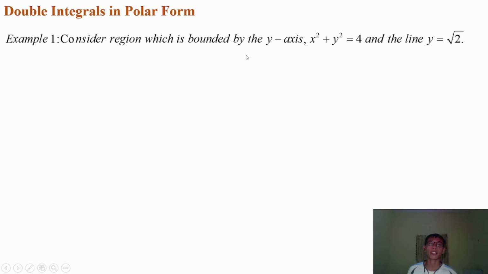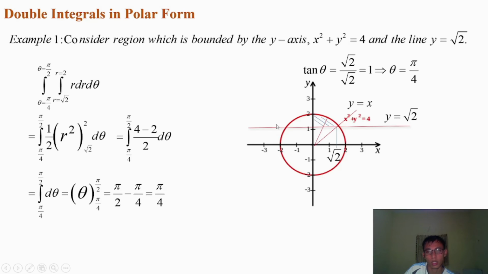So here is example 1. Consider the region which is bounded by the y-axis, the circle of radius 2, and the line y equal to square root of 2. In order to find the area of the region, we first have to draw the region, the graph that is bounded by all of these equations. And here is the graph that I drew,